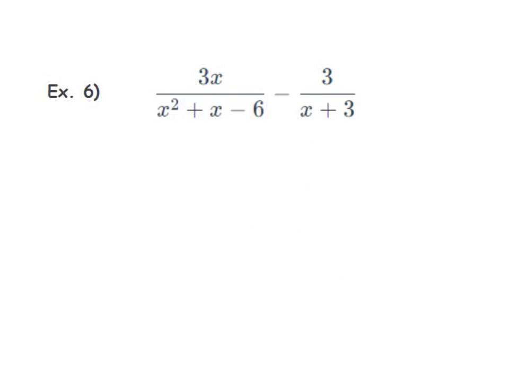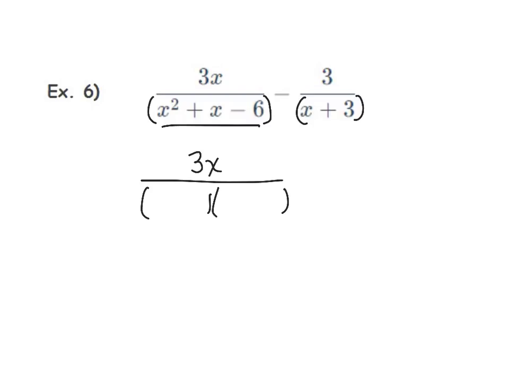All right, in example 6, here we get to those more interesting rational expressions. So I'm going to start by adding my parentheses. So I need to put it around this entire quantity, x squared plus x minus 6, and around the quantity x plus 3. So my second step then is to say, hey, can I factor any of these further? And I can definitely factor this denominator. So I'm going to rewrite that as 3x over,